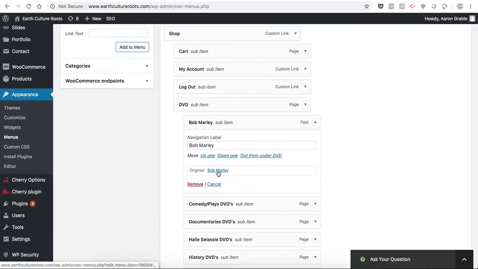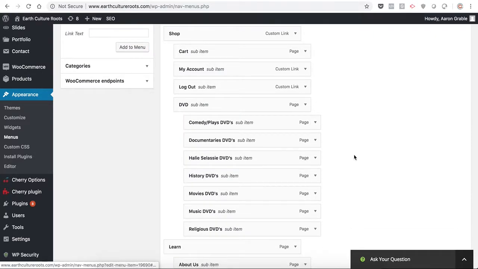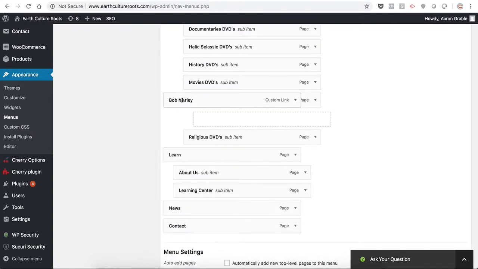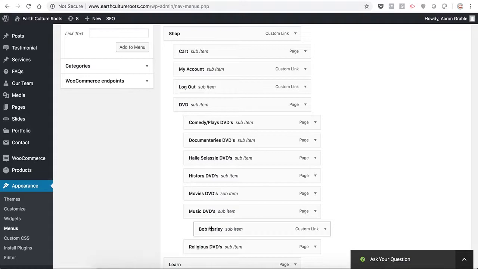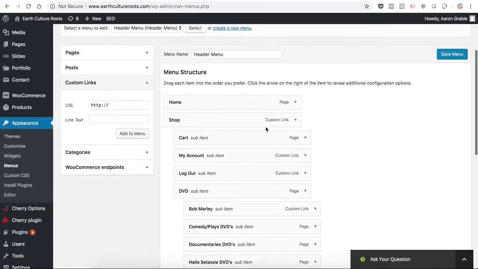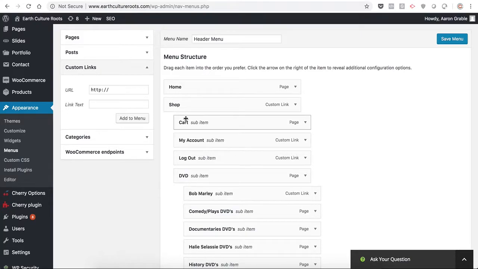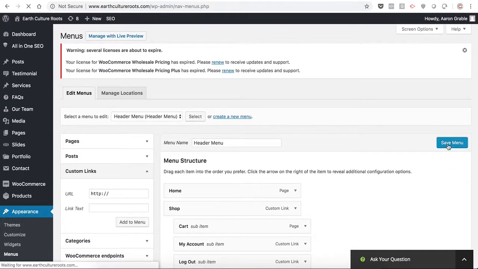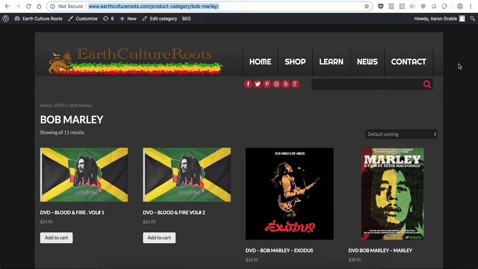Now let me get rid of some of these here. So I'll click and drag that up and put it right there under DVDs. So if you'll notice, Home, Shop, Learn, News, and Contact are all the way to the left. Now the ones that are somewhat indented, it says sub-item, sub-item, sub-item. So those are like a drop-down. Then the ones that are indented still are drop-downs off the drop-down. So if I save this and go back over to my menu here,